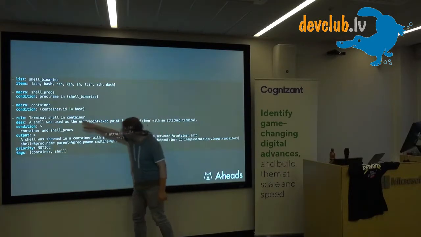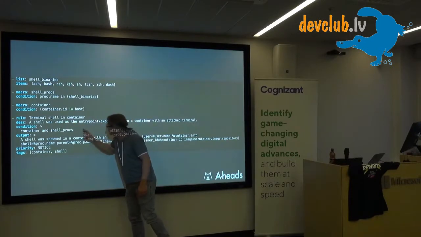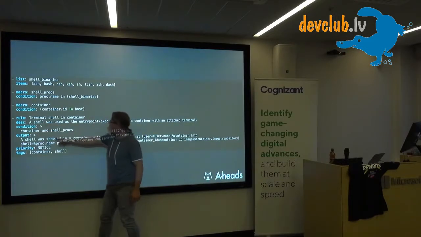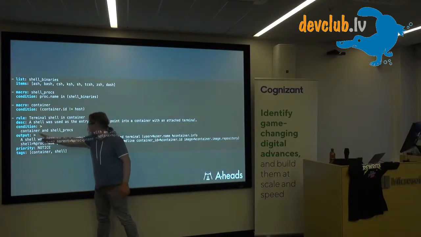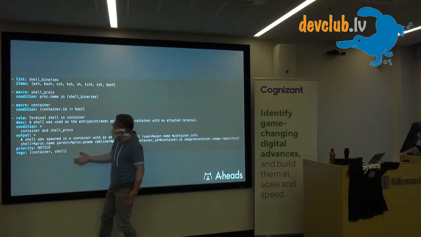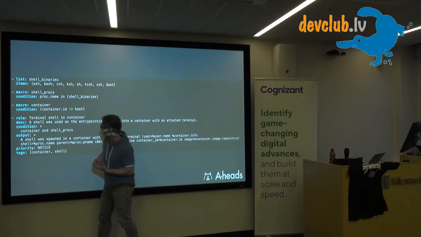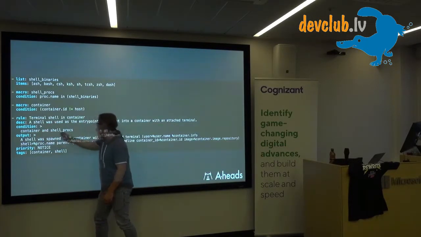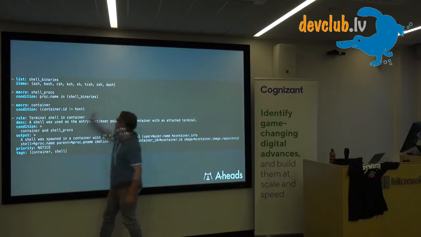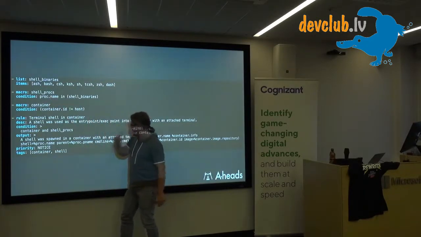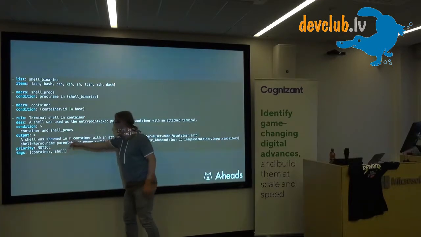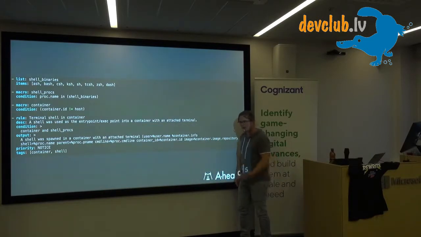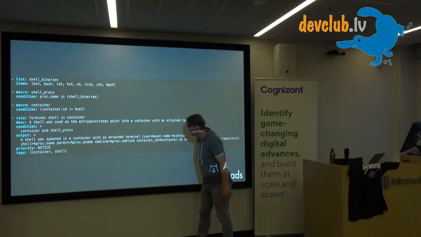We have a name there, like terminal shell in container, a description of what the rule is about, and the condition that reuses these macros. It's really human readable and easy to understand: the event should be from a container, and the process name should be one of these things. And then we define an output, some message, and you can see here in brackets